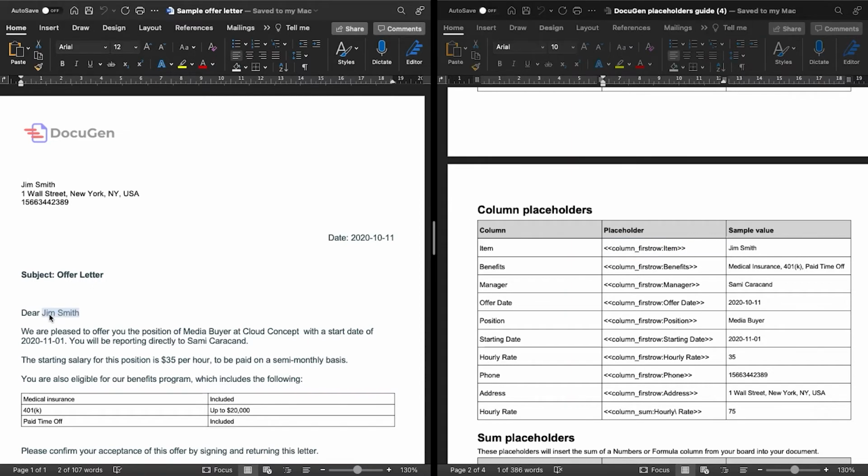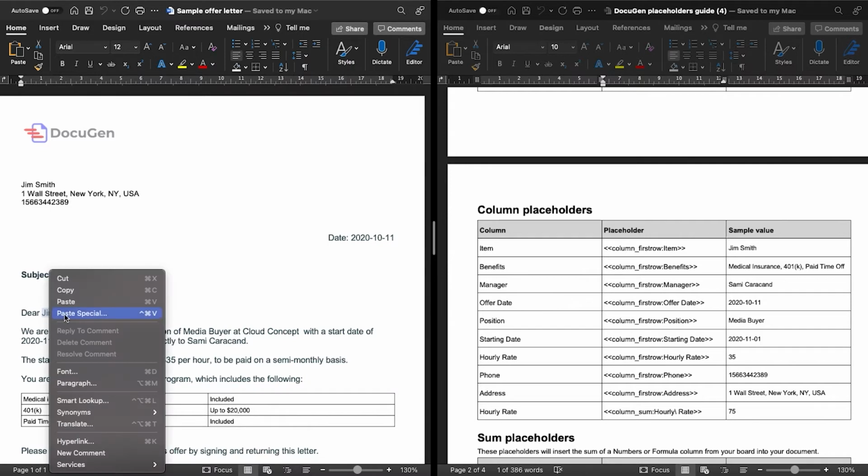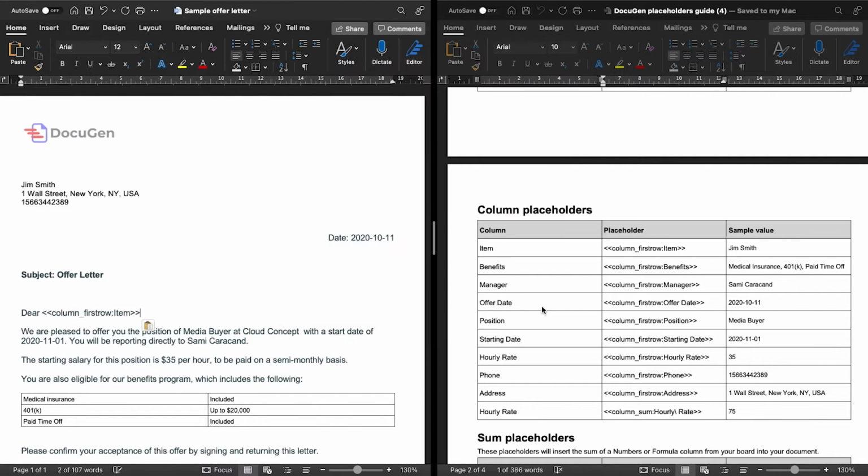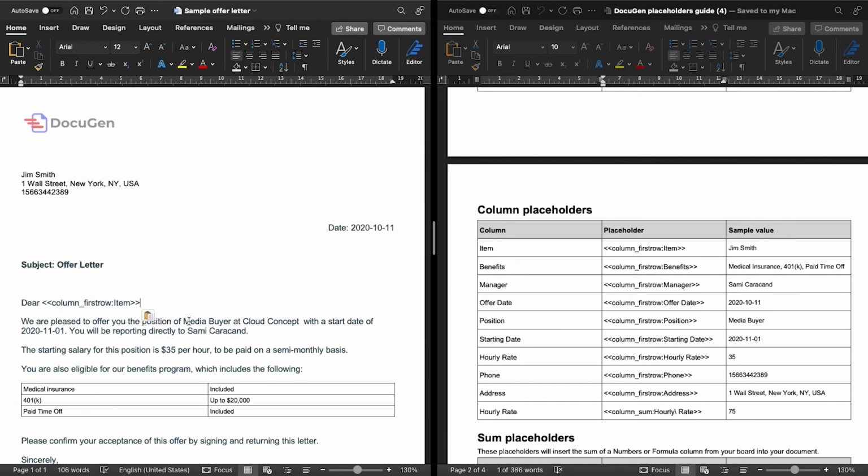and I will paste it right there. But I will make sure not to include any formatting. That's great. Now we have our first placeholder. We need to also include the position in this place. The position is one of the columns in our board, and it has its own placeholder. This is the placeholder. I will copy it,